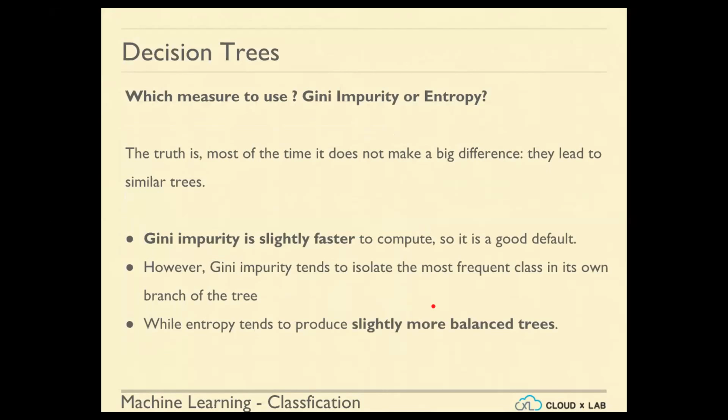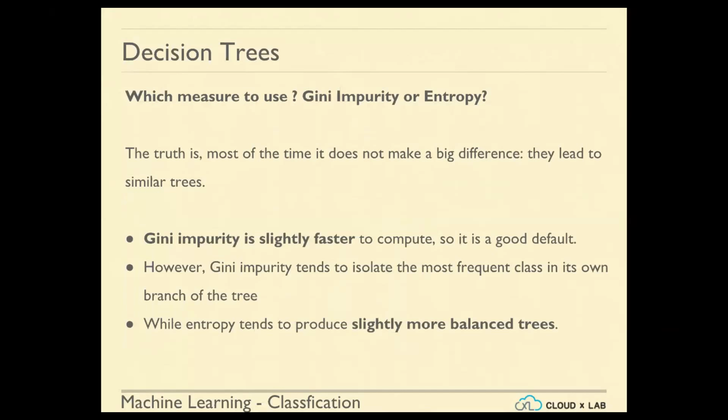So in practicality, there is not much of a difference between the two, impurity and entropy. They basically lead to similar trees. During training, if we use entropy or Gini as our cost function, either of them will lead to an almost similar tree. Gini impurity is faster because there is no logarithm to compute. It's only the square we need to compute. So it's a good default. However,